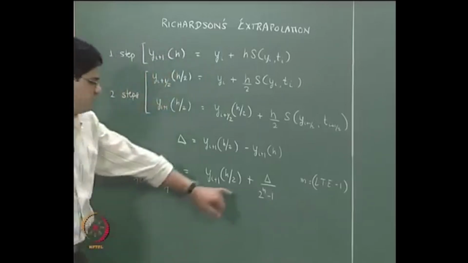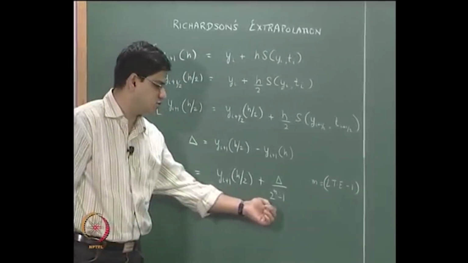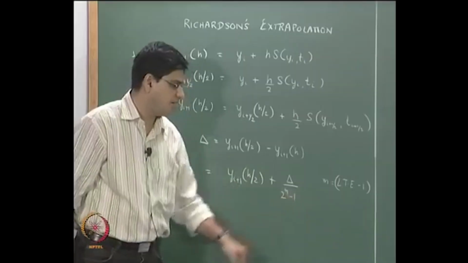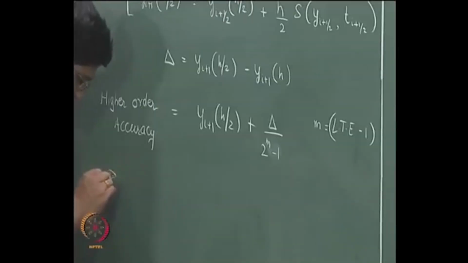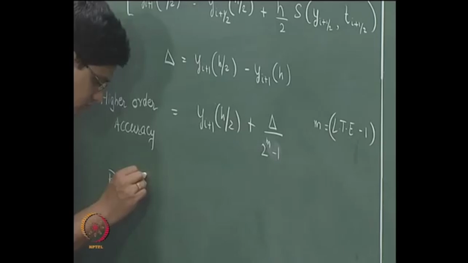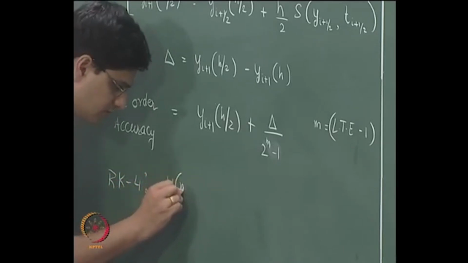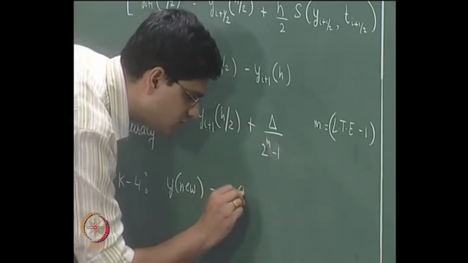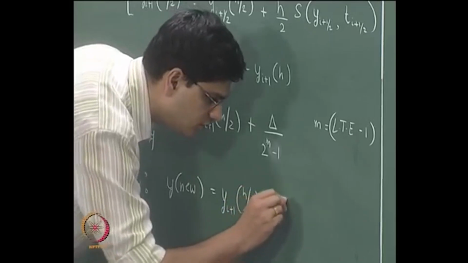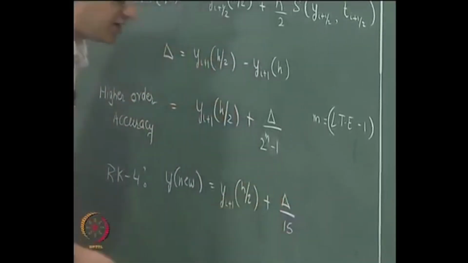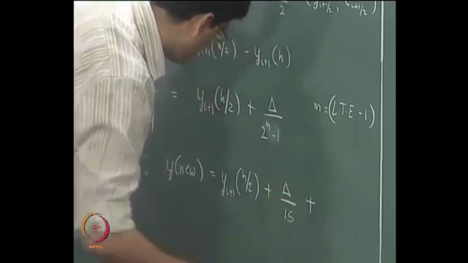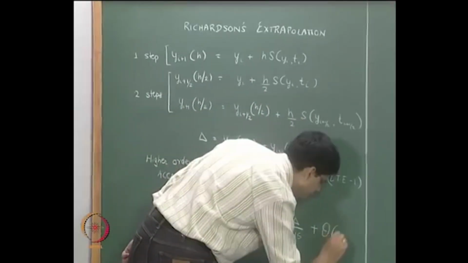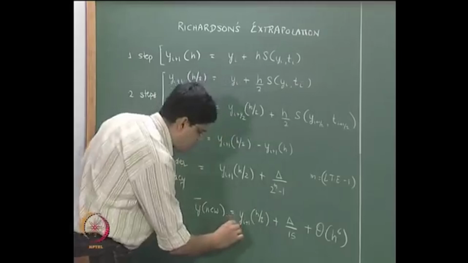For the RK4 method the local truncation error is h to the power 5, so m becomes 5 minus 1, that is 4, so 2 to the power 4 minus 1. So for RK4, y new is yi plus 1 with h by 2 plus delta by 15, and the true value y bar is going to be equal to this value